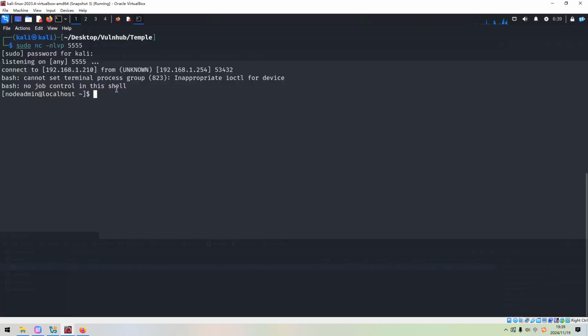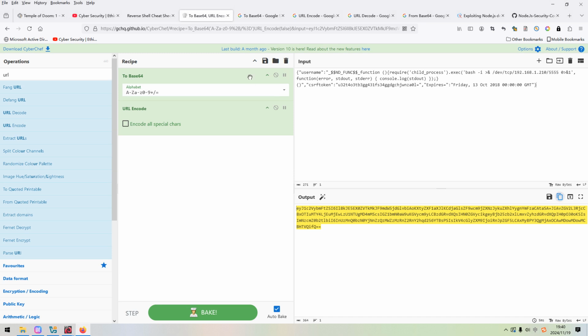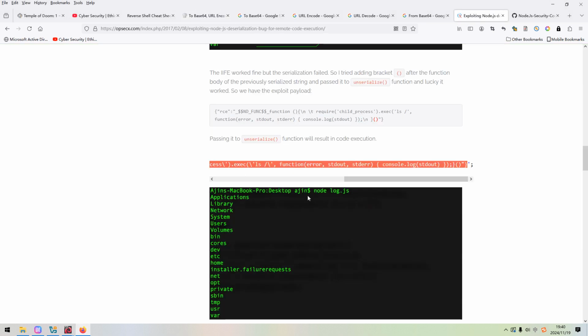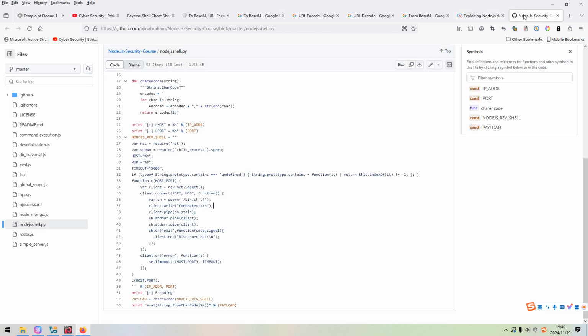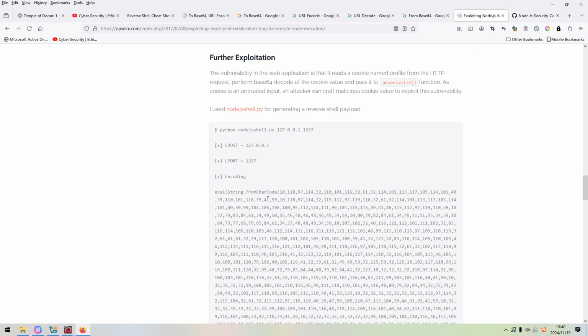As you can see, we successfully got a reverse shell command executed, or in other words, we successfully got the initial foothold on the target. Of course, we can also do it this way. If you go back to this website, we can use this Node.js shell Python script, which you can get from GitHub, and then you can use this script to generate the reverse shell payload.